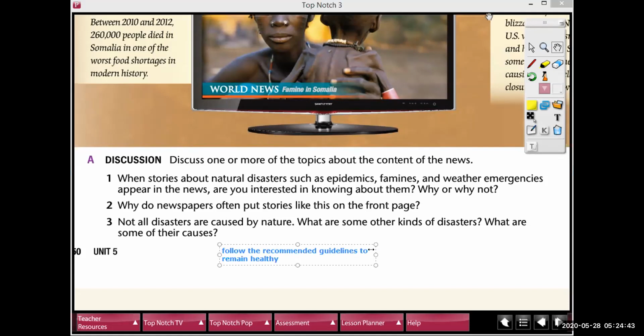And number two, why do newspapers often put stories like this on the front page? Newspapers or what do they call newscasts like Hechos, I don't know the names. Maybe on the radio. Why do you think they put stories like this? I think that it's good because the newspaper, the radio, the television have the obligation